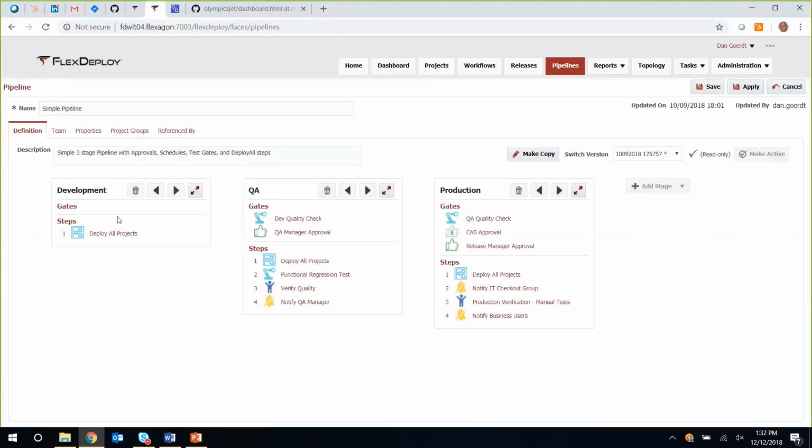And so in a nutshell, what we have is a deploy all. So those three projects will be deployed when the snapshot comes across the development. We've got a couple gates, both to check some test results and an approval in the QA environment. And then if those are satisfied, then we will execute the automated deployment. We will execute the functional regression test that's set up for this, and we will inject a manual test